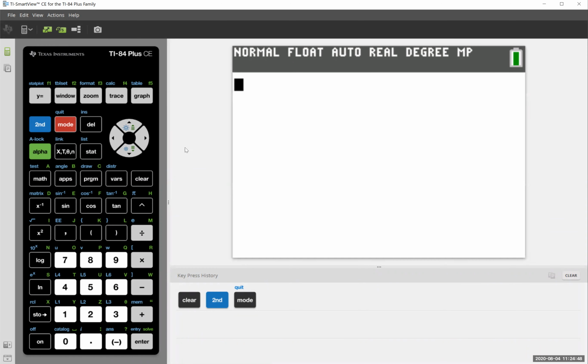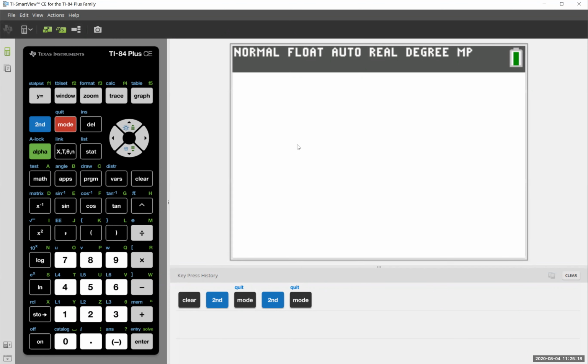Starting with the home screen of a graphing calculator, if you want to find all of the factors, or at least have some way of having the calculator list a bunch of the factors for you, there's a nice little trick in how you can make that happen. So we're trying to find all of the factors of 105. So here's how we're going to go about doing that. From the home screen, if you're not there, hit second, then mode, brings the quit option, brings you right back to the home screen.